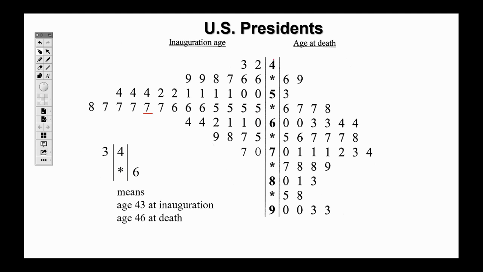Notice there's a couple things that I really want you to pay attention to. There are no commas, and there are no decimal places. So we don't put commas in our stem plot. You want to look like you've actually been in a stat class before. And we don't put decimal places in a stem plot. We would round those values to the nearest number, or in some weird cases, sometimes we have things like